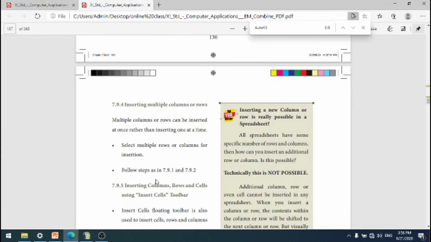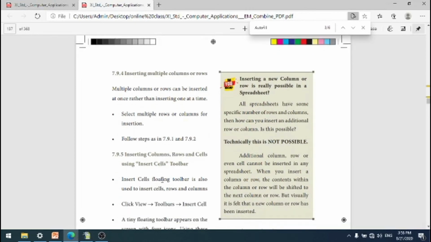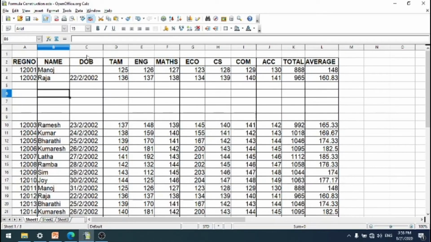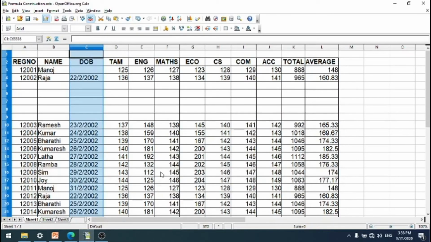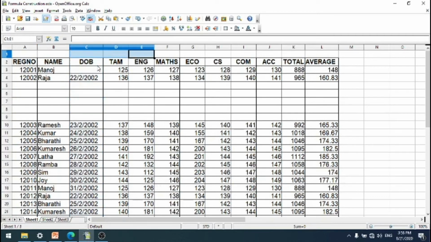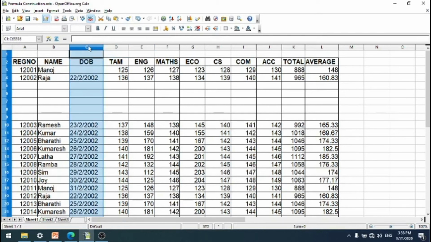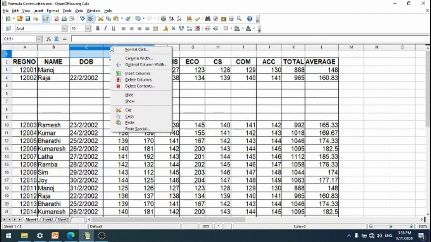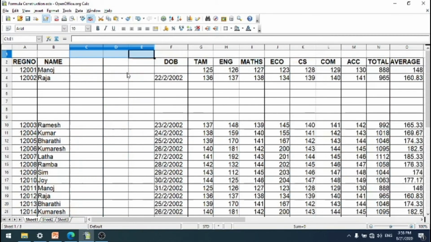Okay. So for inserting columns, the same procedure can be used. See, select how many columns you want to insert. So I want to insert 3 columns. So I have selected the column headings and right click the mouse button, then go to insert column.